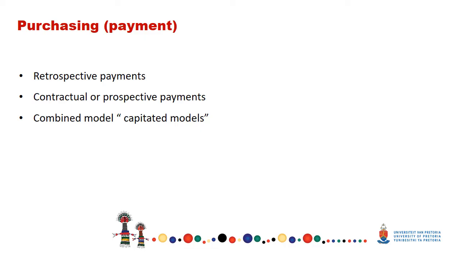In the third option, the capitated model or the combined model, a practice such as a doctor's practice is paid an amount to provide care per person, irrespective whether the person seeks care or not. So this could be, for example, an annual fee that the doctor or the practice in this case gets for care of that particular patient. What is important here is that the payment does not follow after each consultation. As a result, healthcare providers are incentivized to keep people healthy and not come to the practice too many times